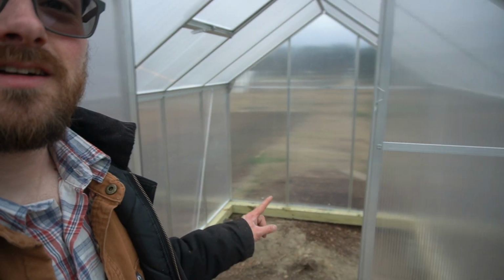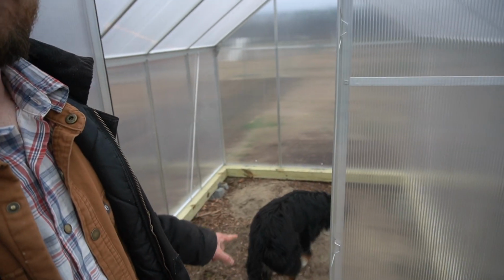So what I'm thinking about the garden is we're going to put some tables in here, and then we'll put wood chips on the ground, and we'll basically just make this a nice place to make starts. We're not actually going to be growing it in the winter in this greenhouse, but it will give us a little bit more accessibility as far as seeds go, and they don't have to be in the house all the time. The third thing we're going to be using this year as a covering is wood chips, which we've done